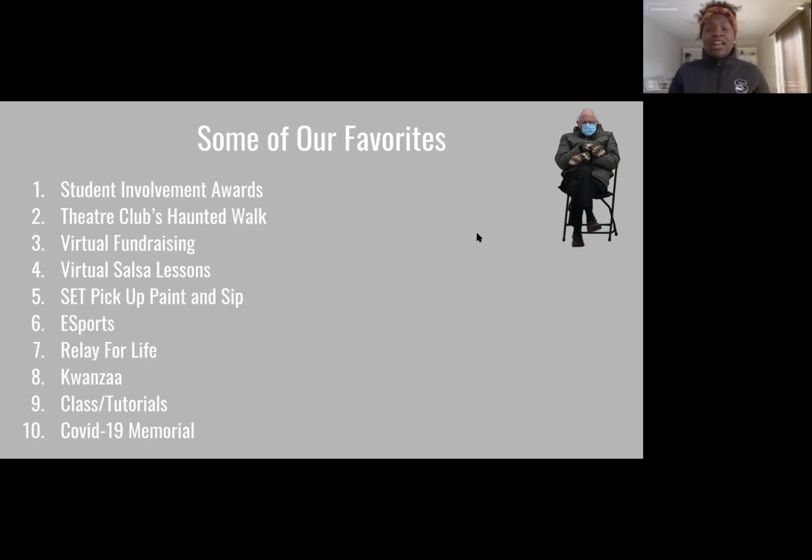SET also has a lot of pickup programs where people get kits with the supplies for the program, and then they take them back to their rooms or have them at home, and on Zoom together, people enjoy the program in the comfort and safety of their own homes. That's how a paint program works; people will pick up the materials for that. There was a pickup charcuterie program where people picked up their own board and got to do a DIY and do a presentation of that.